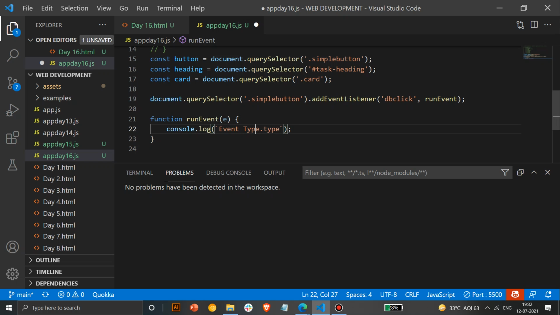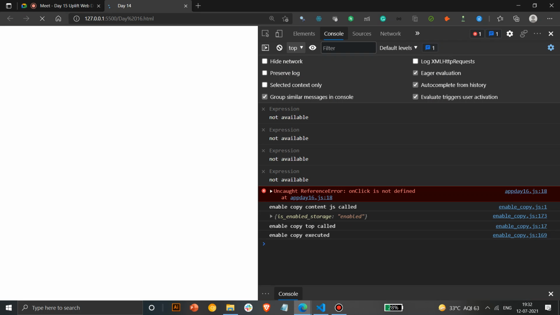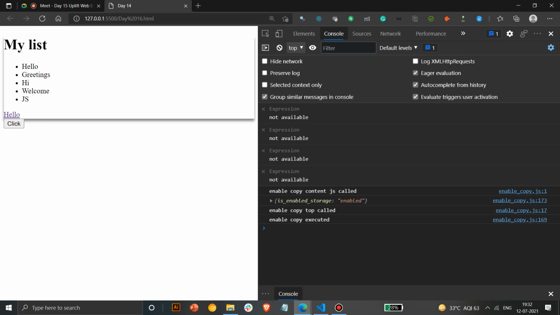Event type is... okay. So whenever you have to embed a variable and text together, you have to use the $ sign and then the variable name inside curly braces, and you should use these kind of parentheses. What should we call them? I don't know. It's present on the tilde symbol below. Backtick, it is called, sir. Okay, great. I didn't know about it.